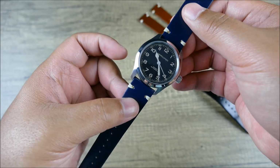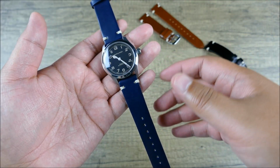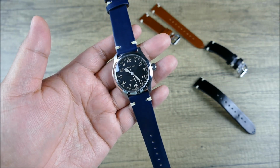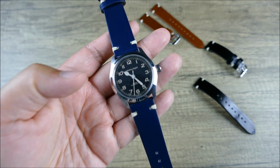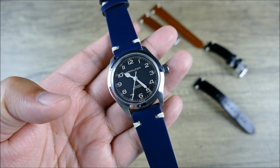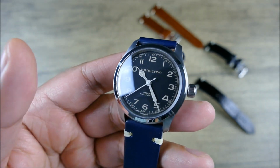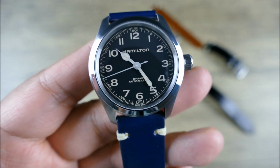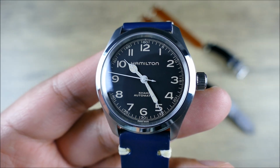notice that as this reflects off light in different ways, it is black, right? But at the same time, it just flows well with that blue, and a lot of it has to do, again, with that beautiful ivory stitch and then the ivory text on the dial, as well as, of course, the lume. So actually, speaking of lume, this isn't the full review, so I'm not going to do my typical low